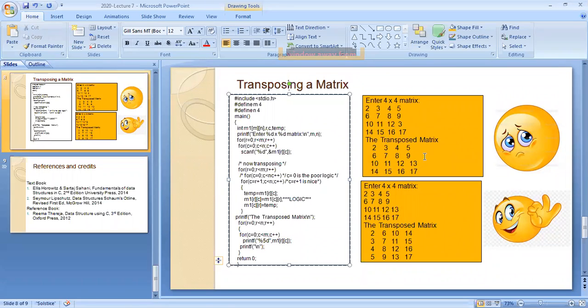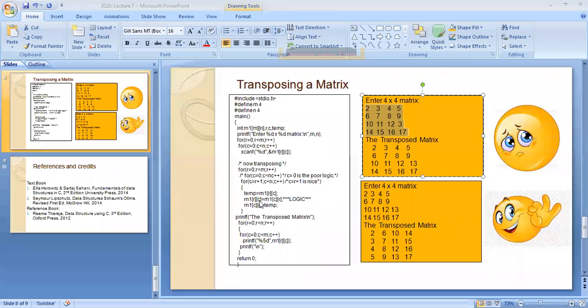Is this first one a transposed matrix? Can anybody tell what the first output is? The first output you are getting is 2, 3, 4, 5, all the row elements. Is the first output correct?